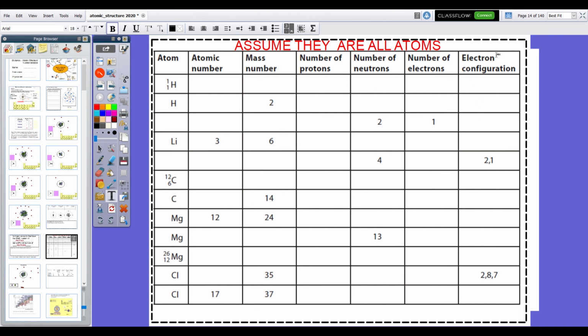The final column is just for the chemists only, a little bit of fun. If you know how the electrons are organised, feel free to have a go at doing that, and otherwise